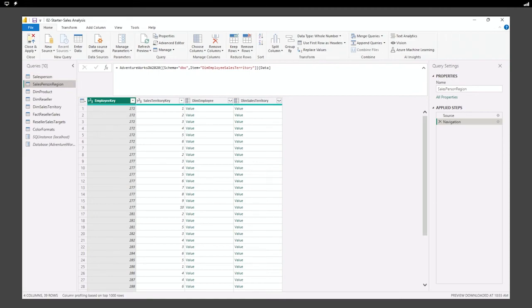So what we're going to do here is we have a column header, and what we want to do is remove some columns. We want to remove the last 2 columns here.